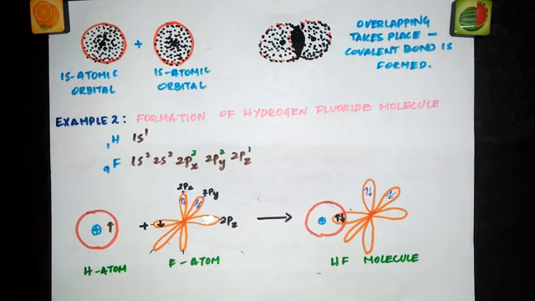So in HF molecule, where is the overlap between the hydrogen and the fluorine atom? So exactly according to valence bond theory, what is overlapping? The s orbital of hydrogen atom having 1 electron is overlapping with the pz orbital of fluorine atom having another electron with an opposite spin. So this is how covalent bond is formed in a molecule.